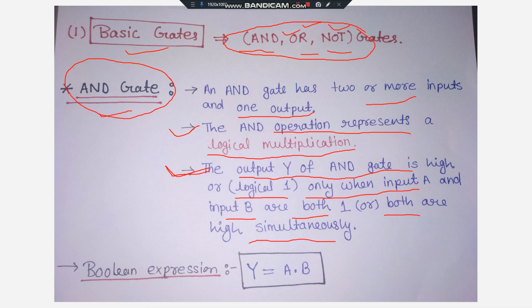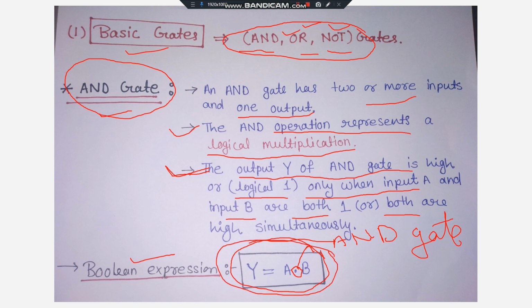Here first we will see the Boolean expression. To connect the variables in an AND gate, we write a dot in between. This dot represents the AND gate. ठीक है, ये जो डॉट है ये क्या रिप्रेजेंट कर रहा है? AND गेट के लिए. So the AND gate Boolean expression we will write like this. Clear? Y is equal to A dot B. A dot B is the Boolean expression for a two input AND gate.